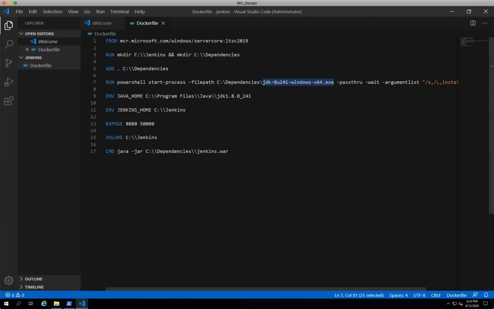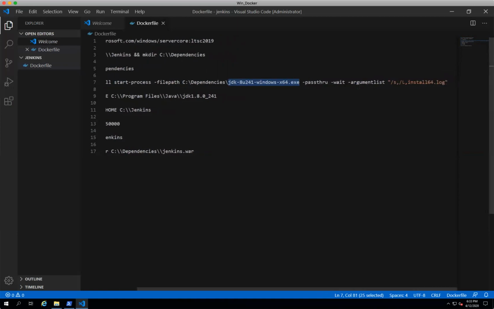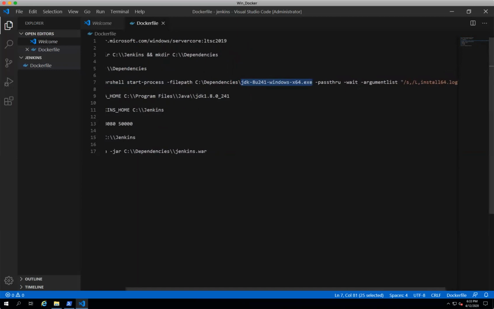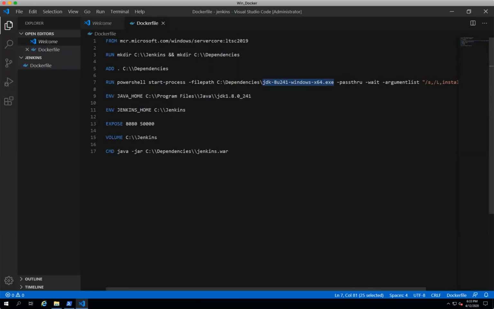And then we are installing Java inside the Docker container in silent mode. In Windows, there is a concept of installing software in different ways. If you want to install any software silently, you need to make a script, and that script will perform the software installation for us.